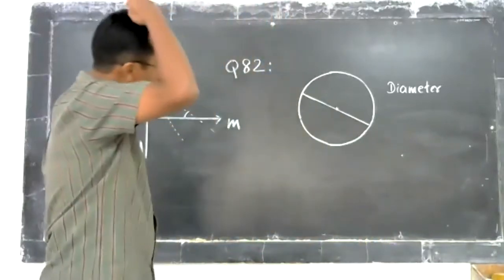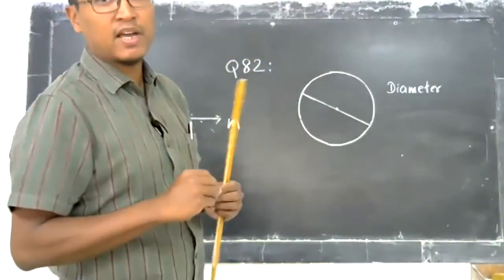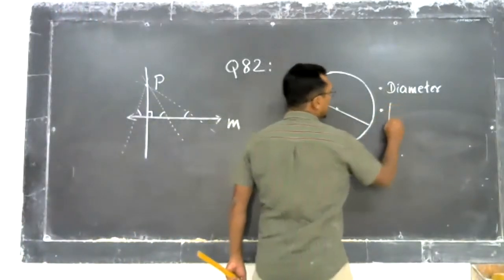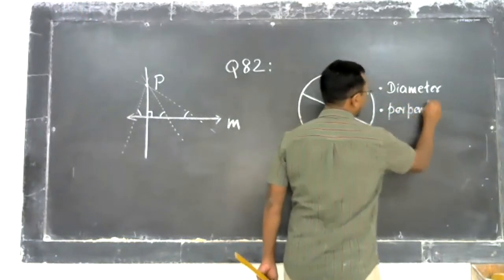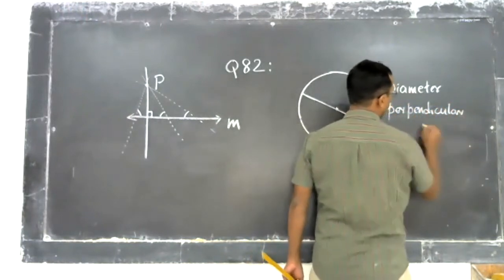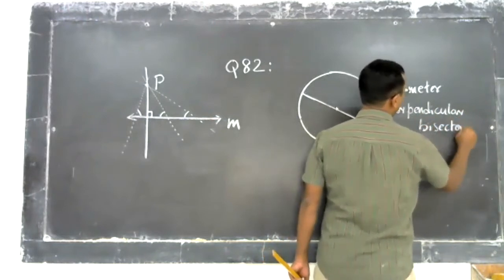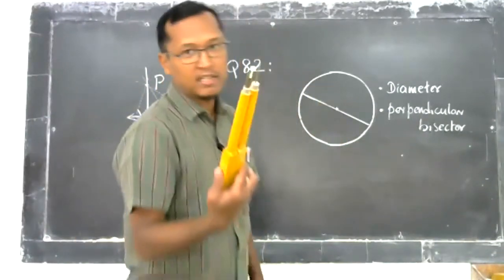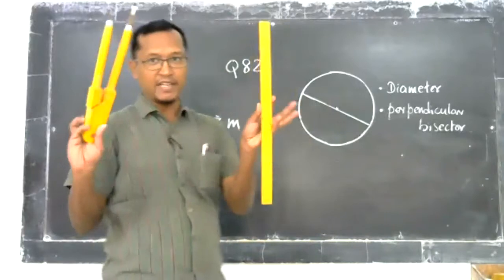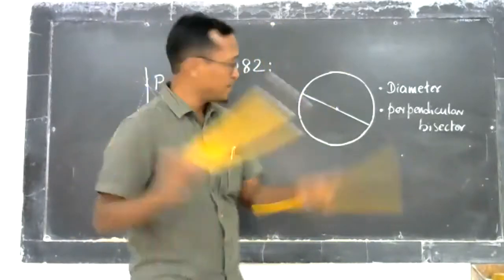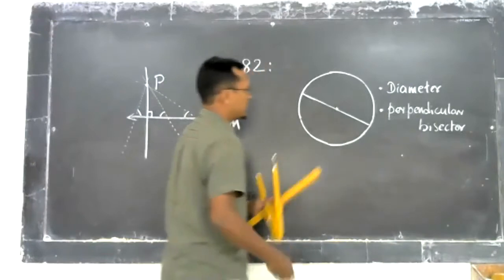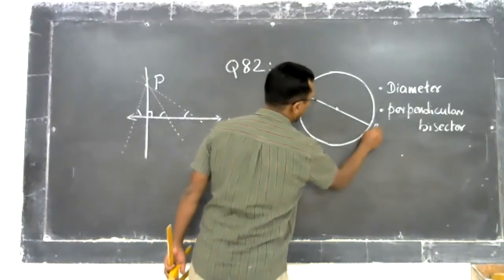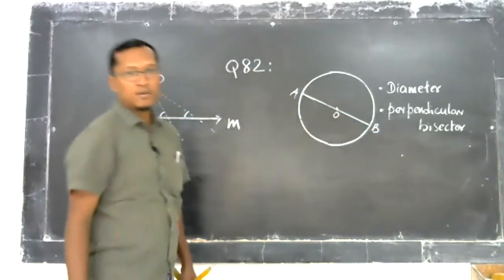So now the next question is they are asking you to draw a perpendicular bisector. That is the first task that is done. Then you have to draw a perpendicular bisector to this diameter. Again, we need the help of our compass and straight edge. Only these two things to be used. So let us label some parts, it will always be useful. A, B, O. Okay, O is the center point.